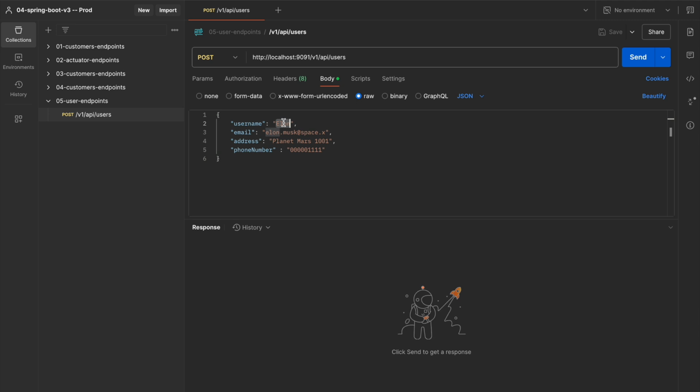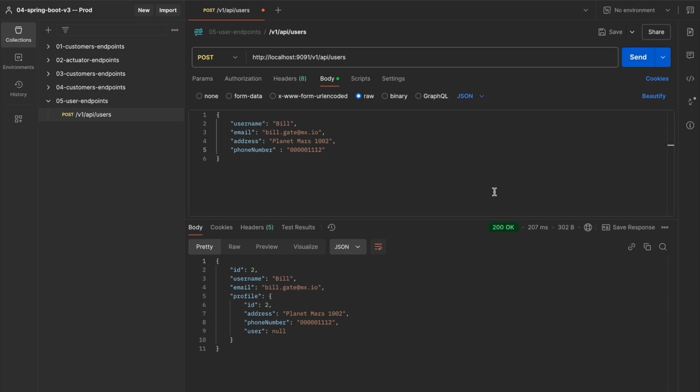Okay, so now, Bill and Mars are neighbors on planet Mars. Now let us run it and see what will happen. Okay, record is inserted, whereas